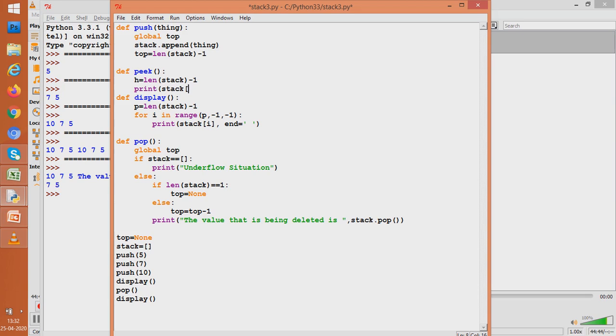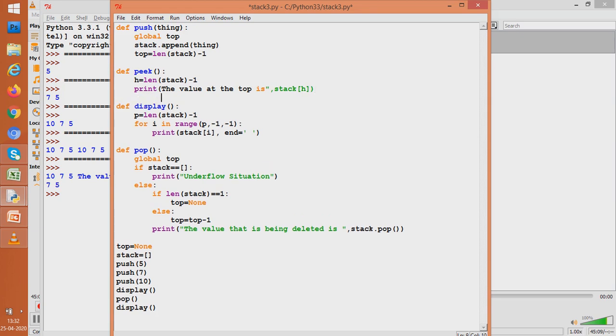So I have written h is equal to len stack minus 1, that is the subscript number of the latest value should go to h, and then print stack h, meaning the value in subscript number h, and h has the topmost subscript number that has a value. Now see, we are writing here print the value at the top is stack h.